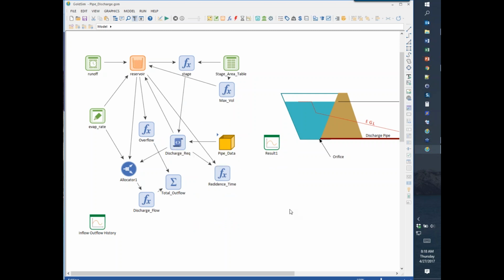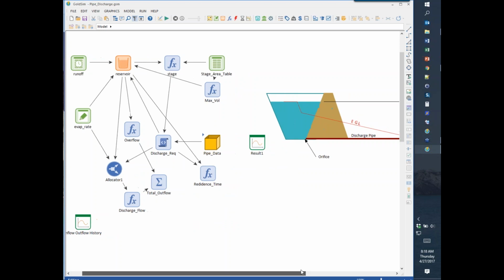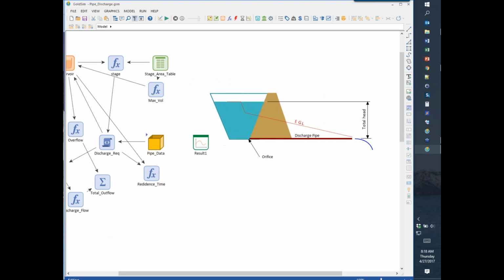And in this case, what we have is an orifice calculation. So here's a picture showing what's happening. We have a reservoir here with an orifice at the bottom of the dam, and as the water level is changing, then the flow coming through this pipe also changes, and it uses the friction losses in this pipe and calculates the difference in energy between the point in the reservoir and the discharge point using Bernoulli's equation. But the important thing here is that it's looking at the orifice and the friction in this pipe to calculate